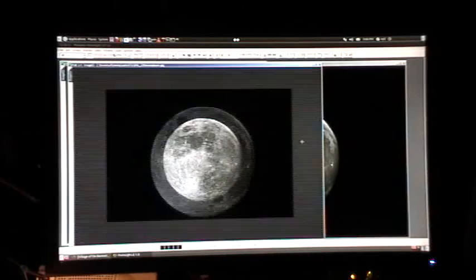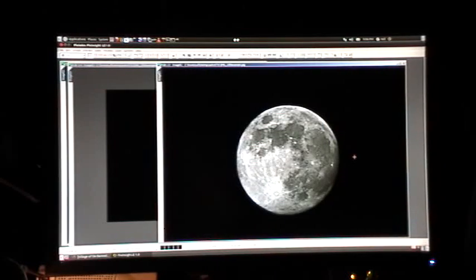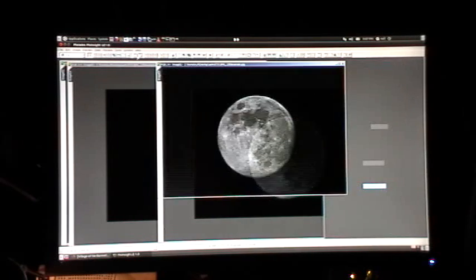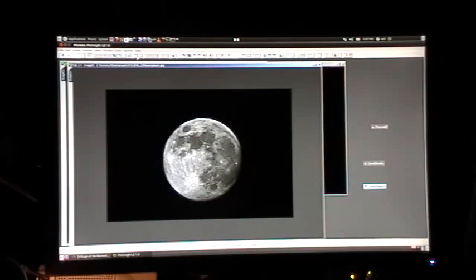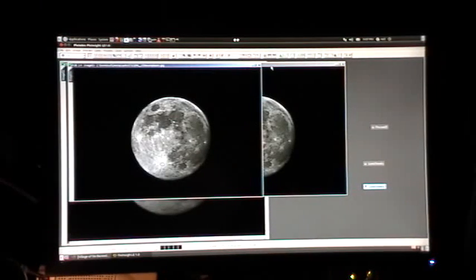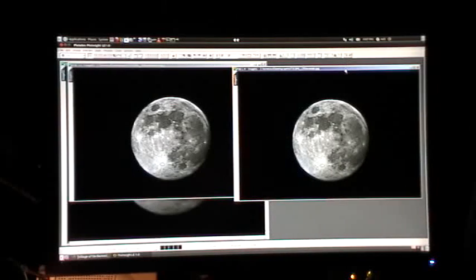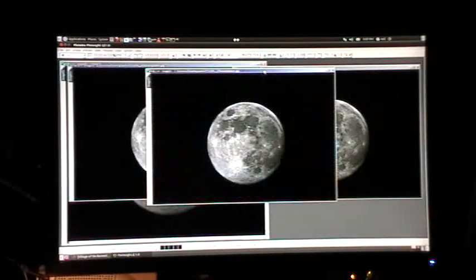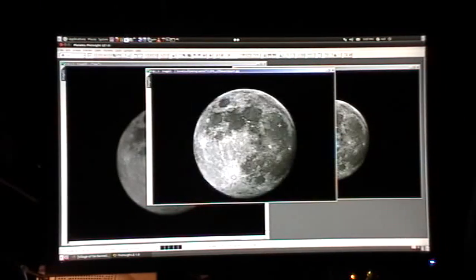Now we can compare the unsharp masked version with, so this is the plain one before gimping, and then this is the unsharp masked one on the left with GIMP. So you can see now that we've got a pretty much fully finished astrophotograph